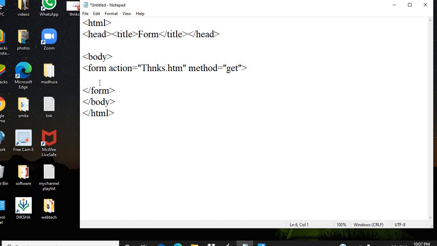Now in between this we will use our first option, that is the text box. The tag is the input tag and the attribute is type. Over here we have to use text. Text is nothing but a single line we will get in a text box. Whichever size you want, you can mention it over here, so that becomes the size of my text box. Input is an empty tag, that's why, without forgetting, you have to close it.